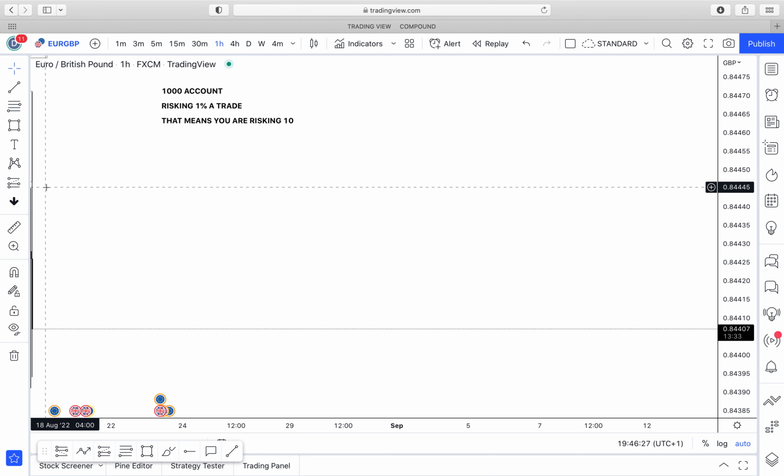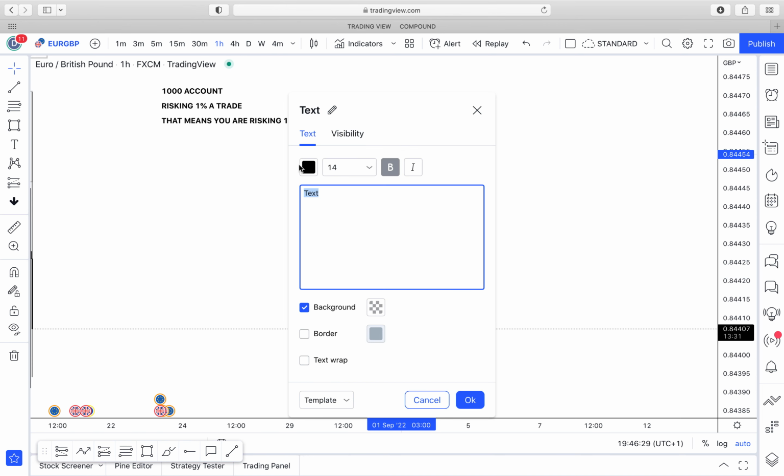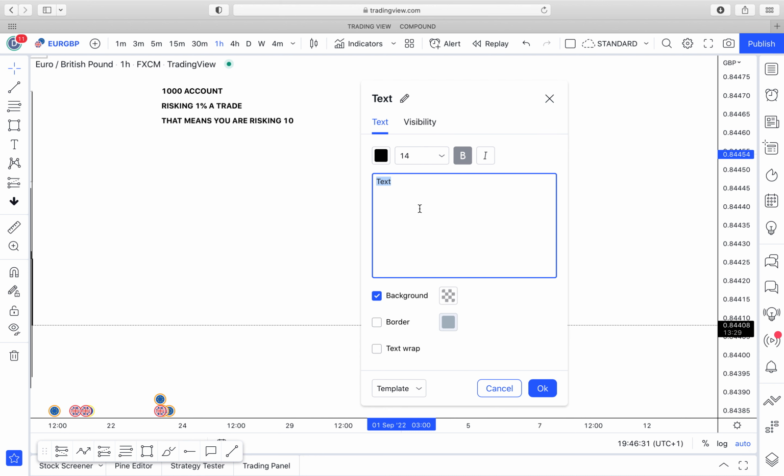So when winning trades, you calculate them in risk reward points. So for example, 1 to 1, you'd win $10, yeah? 2 to 1, you'd win $20. 3 to 1,